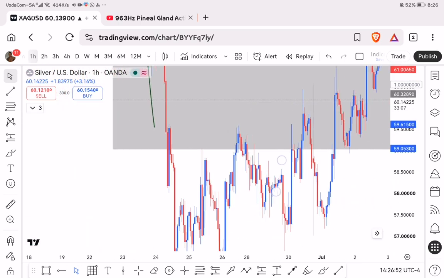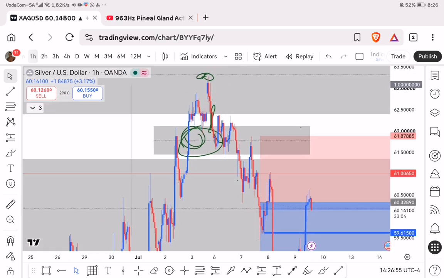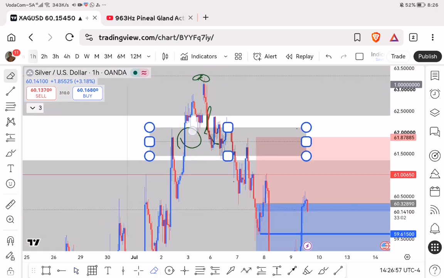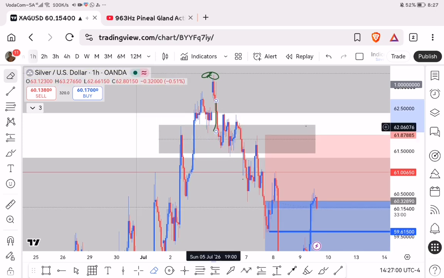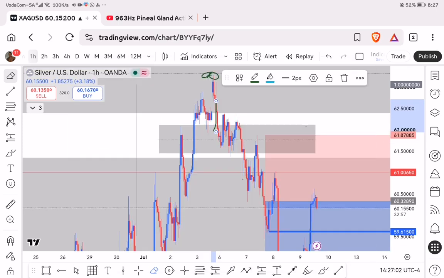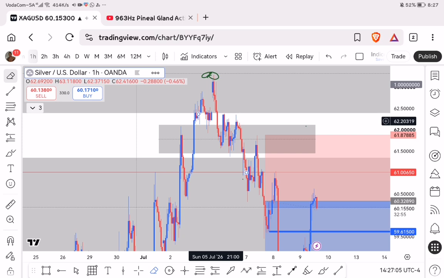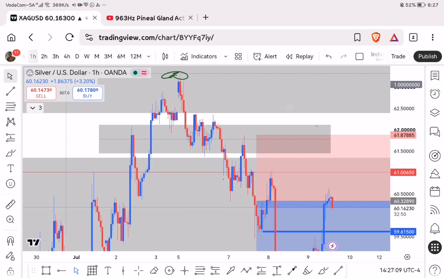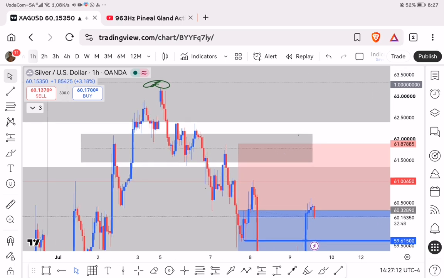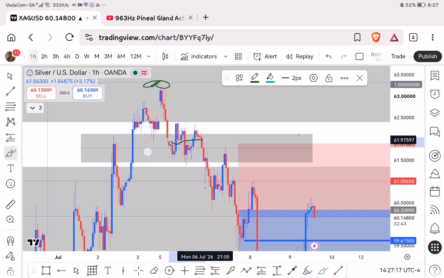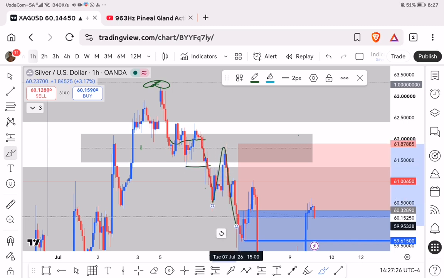So where is that model? Let me remove everything here. You can see how price was behaving here. It consolidated inside this gap, and then it broke the gap to the downside. So we had a big break of structure here, retest, push to the downside more,